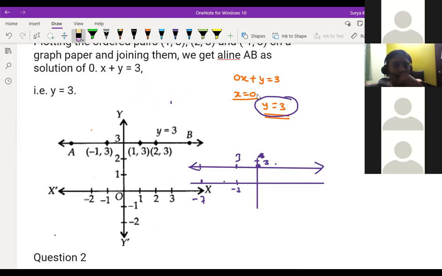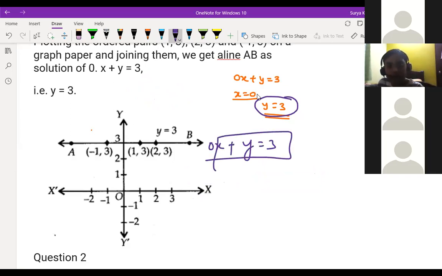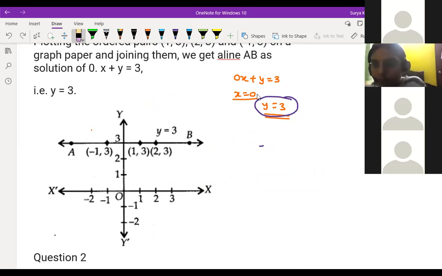Okay, so this only works if x is equal to 0, right? No, we are putting x equal to any number now. No, sir, I mean like 0x. It only works if we're multiplying 0 with x, right? Obviously, y is equal to 3 is nothing but what? 0x plus y is equal to 3 only you should write. That is compulsory now. Okay, sir, I understood. Because this is two variable. In two variable, we are having x as well as y.